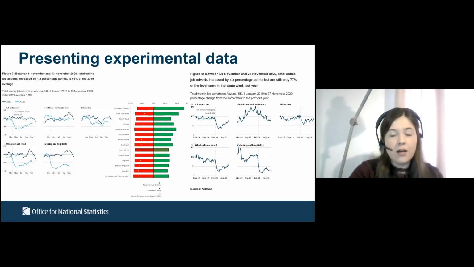And the red bars showed the percentage change from the 2019 average to the lockdown minimum. So kind of highlighting the drop in job adverts across the different regions. And then the white dots just showed the overall change since March 2020. So the data was displayed in that way for a couple of weeks, but then we converted it to a time series to allow our users to analyze the trends over time for the different regions.